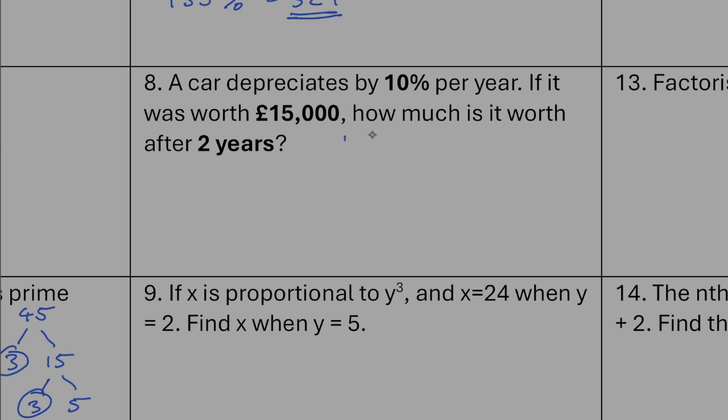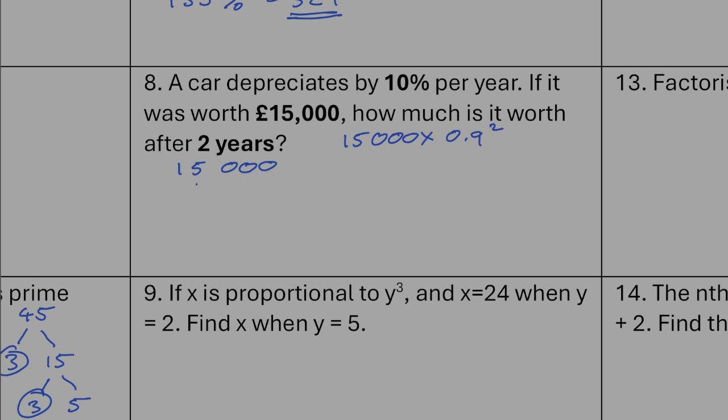If it was a calculator paper, it would be 15,000 times by 0.9 times by 0.9, because we're depreciating by 10%, so 90% squared. So we could do that calculation. We could say that 0.9 squared is the same as 0.9 times 0.9, so it's going to be 0.81, and we could do 15,000 times by 0.81. I'm going to do it in 2 steps though. So what I'm going to do is say if it starts out as 15,000,